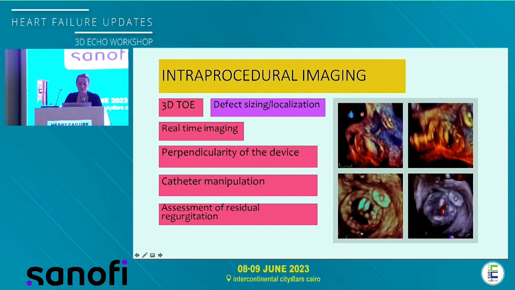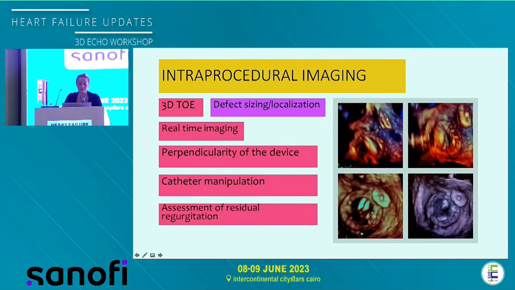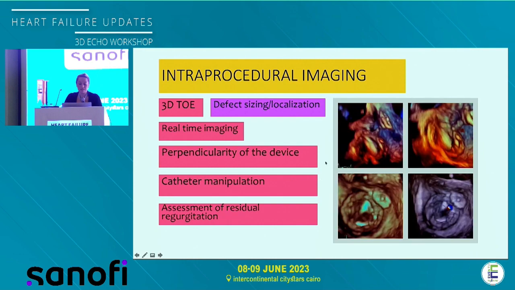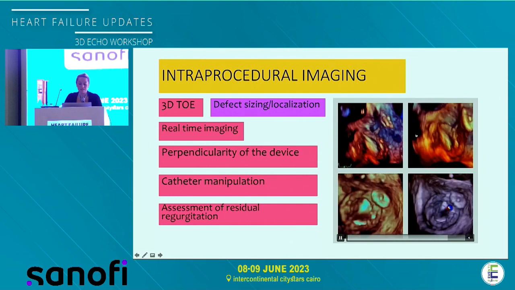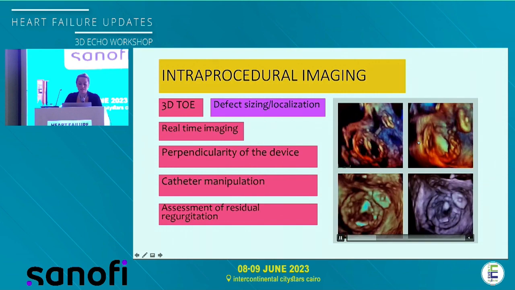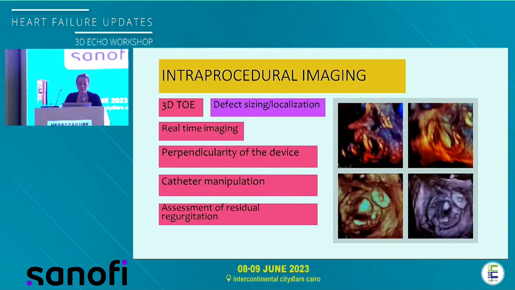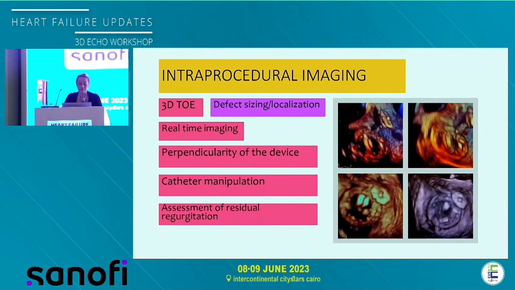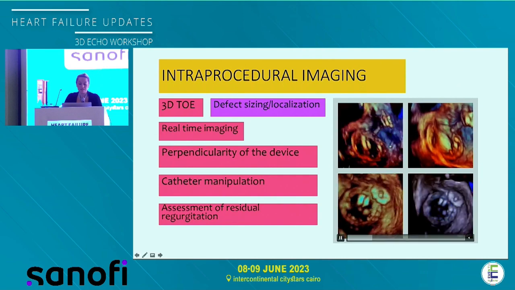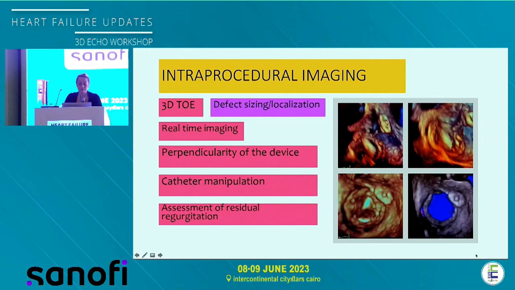And about the intraprocedural guiding, of course, 3D TOE is very important for defect sizing and localization, as I kept mentioning. You can utilize real-time imaging, and you can check the perpendicularity and orientation of the device. You can see the manipulations of the catheter, and you can orient your interventional cardiologist, turn it clockwise, counterclockwise. And of course, at the end, you can assess your residual regurgitation with color Doppler. This was a successful procedure, so we don't have any residual